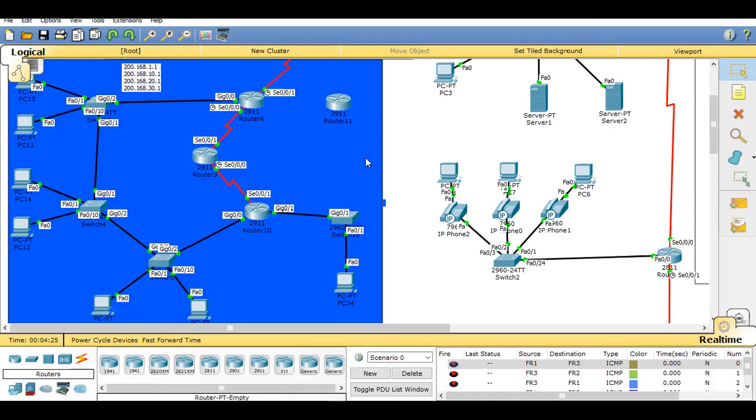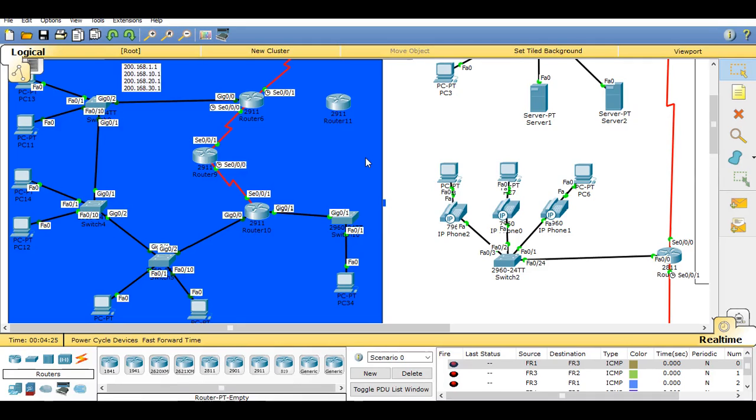You can see here that we have our completed Packet Tracer lab. Now this lab consists of 6 networks. Each of those networks encompasses a technology that you must master in order to pass your CCNA exam. The first network we're going to be configuring is our